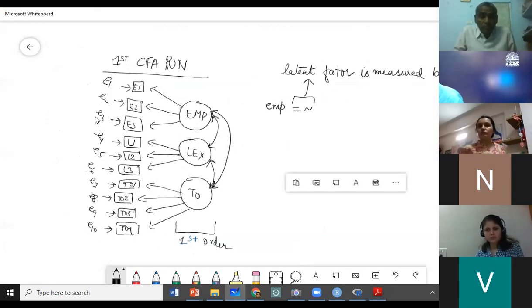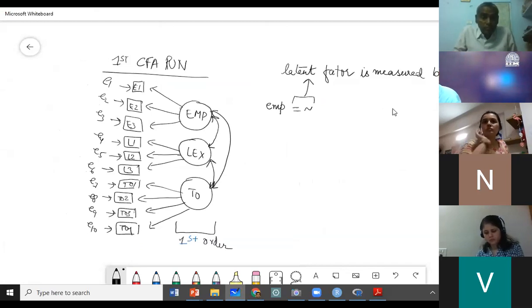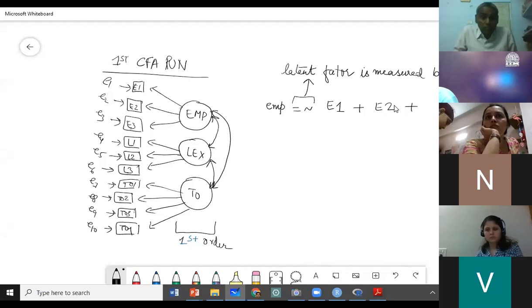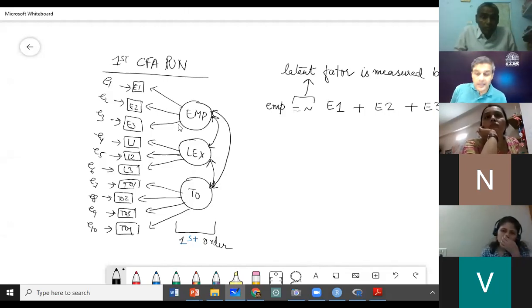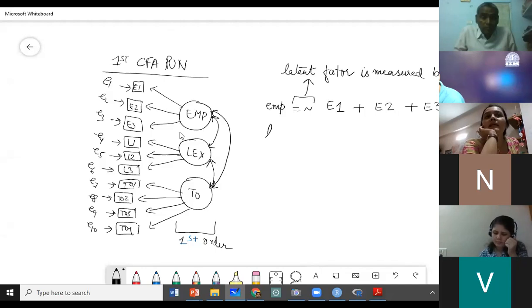In our model declaration for CFA, we will say E1 plus E2 plus E3. Very simple. That's it. This is the declaration for the first factor. Then for the second factor, we again say LEX is equal to tilde L1 plus L2 plus L3.